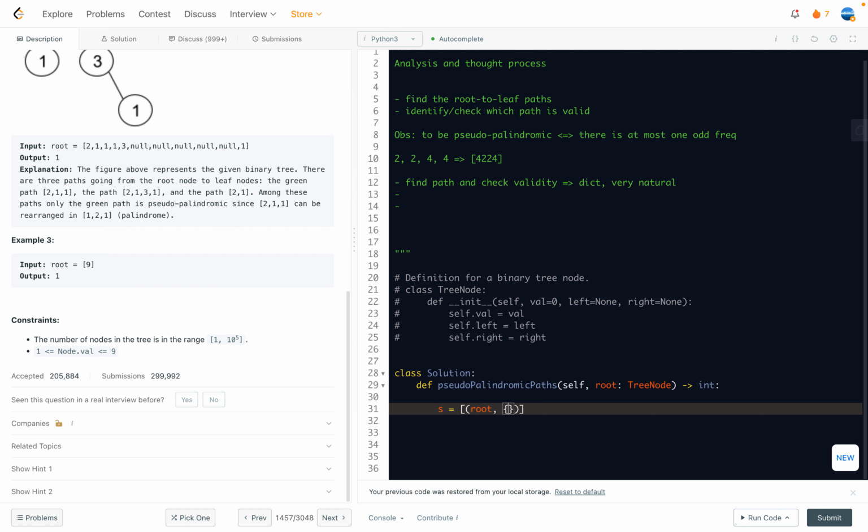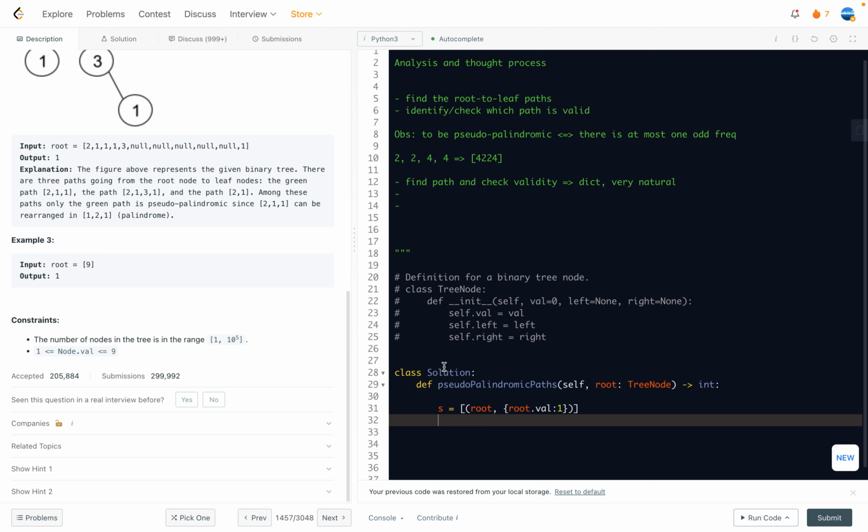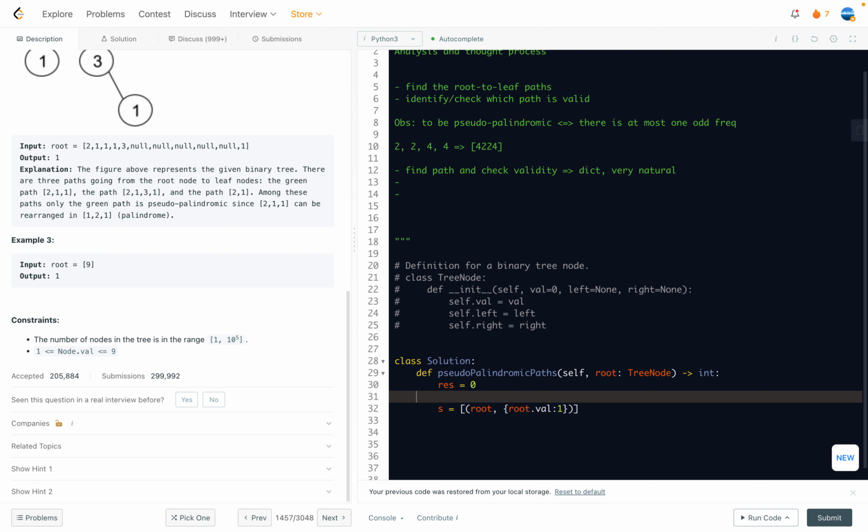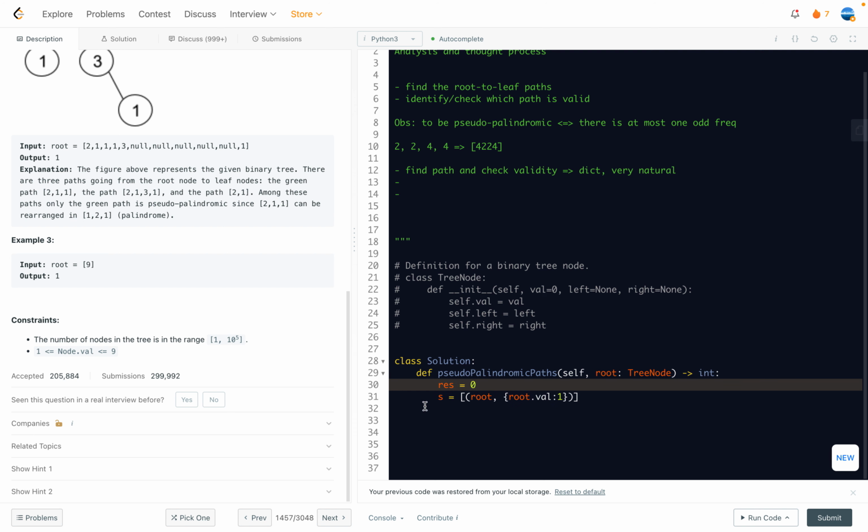use a dictionary to record the path information. So currently its root value appears once, right? With that said, I can also initialize a result variable to be 0, right? So if the path is valid, I'm going to increment the result by 1. Otherwise, we're going to